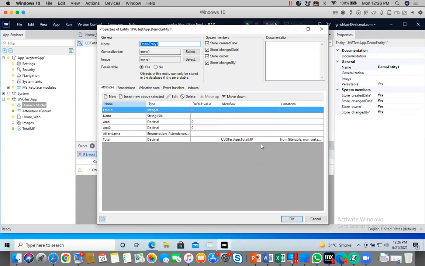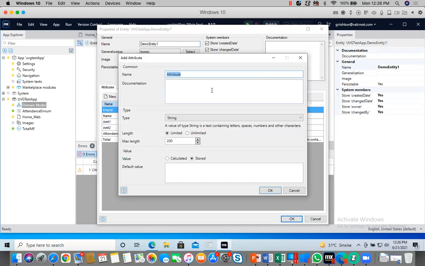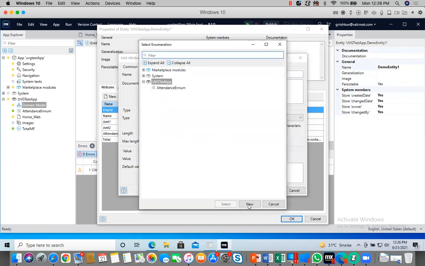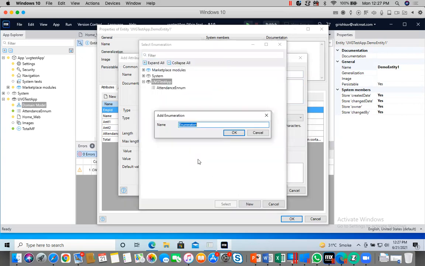And it can be part of your attribute definitions. Similarly, enumeration can also be part of your attribute definition. Like now, here, if you want to create one more enumeration, like marital status, it will ask for new.